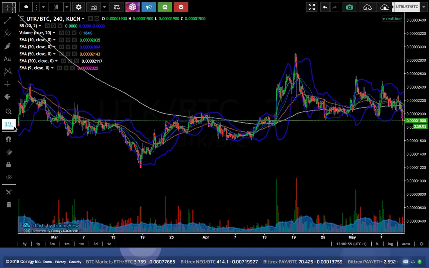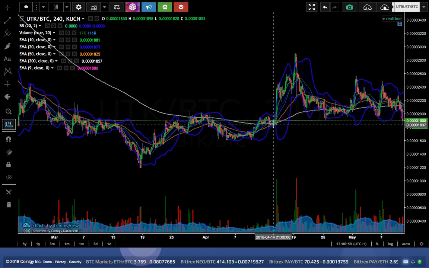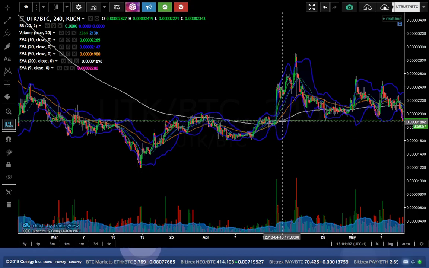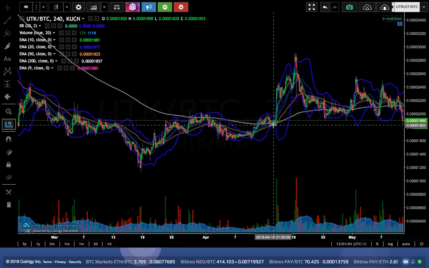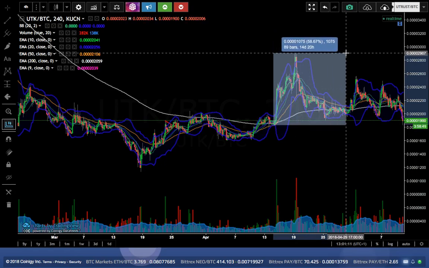So you then bought here. It's broke a little bit outside the Bollinger Band there, and you bought, and then you sold when it came out. That is a 58% return on that move. And then you sold it, you got back into Satoshi, back in Bitcoin,